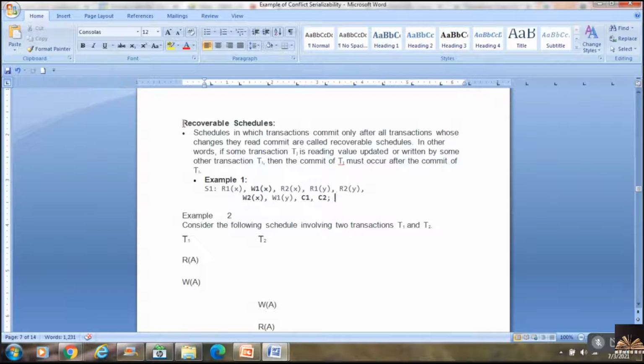Meaning the transaction T1 whose updated value T2 is reading should be committed before I commit T2. That is the concept.